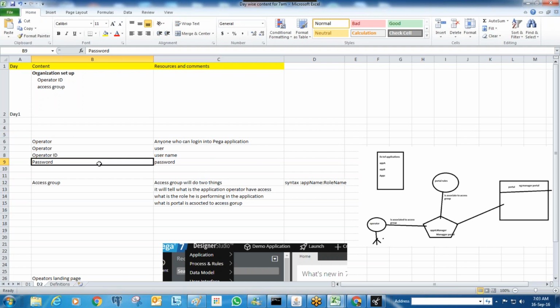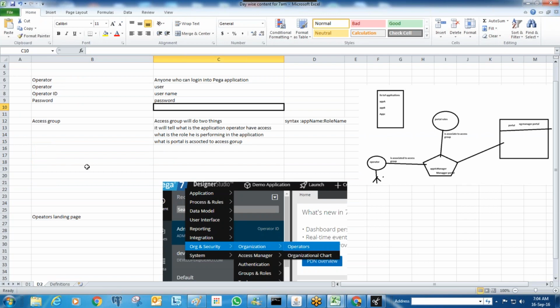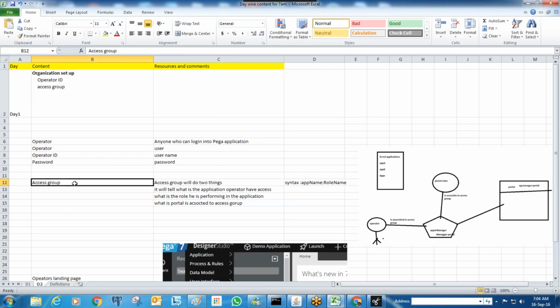Regarding the installation, did you get the mail from Ashok? If you need the software, you can contact Ashok and he will provide it for installation. Anyway, for the first 3 to 4 days the software is not required because we are not doing any application creation or application work. This is more about understanding the Pega tool. The first 3 or 4 days will be the theoretical part, then we'll jump into application creation.